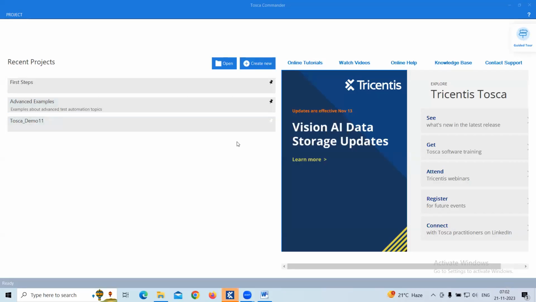So once we open Tosca, we can see the screen, right? This is the project screen. So there we can select the project, in which project we have to log into. Okay. For example, if you want to create a new project, obviously when we have to work in